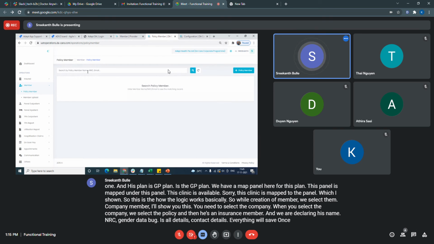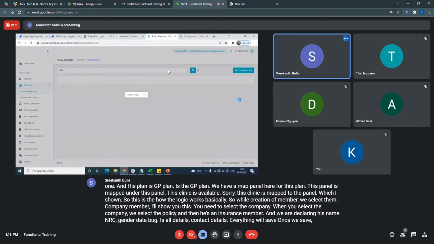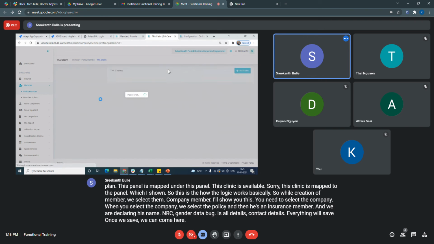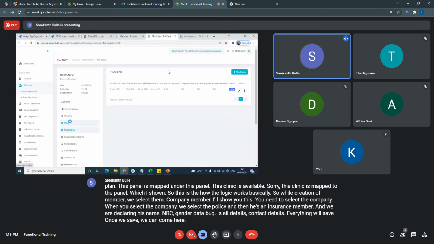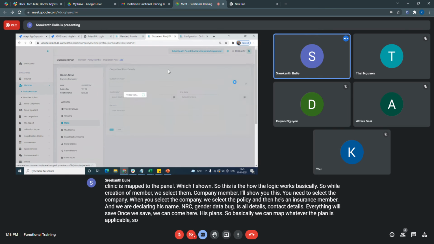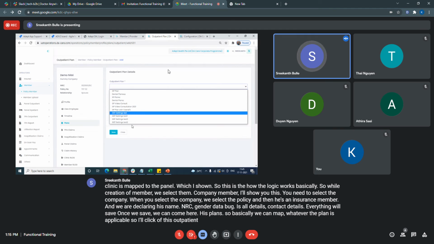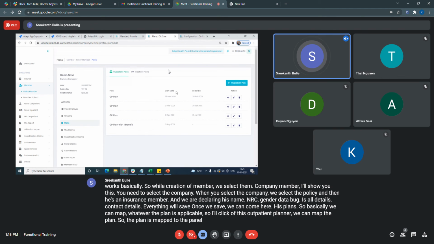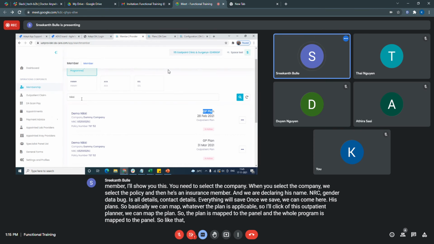Once we save, we can come here to his plans. So basically we can map whatever plan is applicable. On click of this outpatient plan map, we can map the plan. So the plan is mapped to the panel and the whole program is mapped to the panel. Like that, we are validating the member.